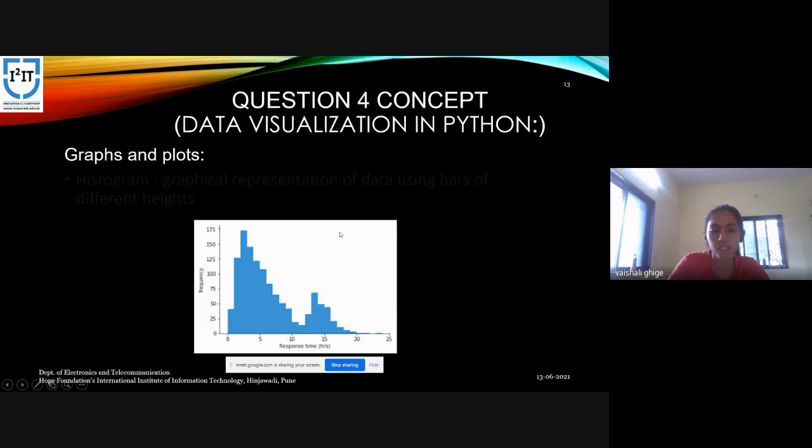Here also it is very easy to visualize the data, since the range is given on the x-axis and the values on the y-axis. So it is easier to understand what is going on, and we can also see some patterns here. That's why data visualization is used. It is a very important part of analyzing the data.